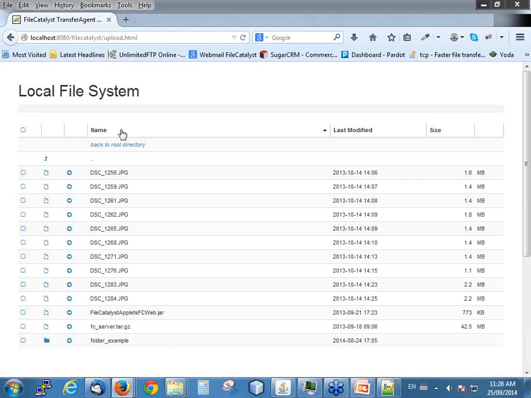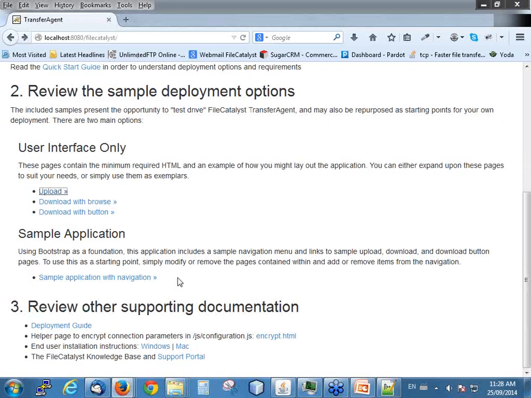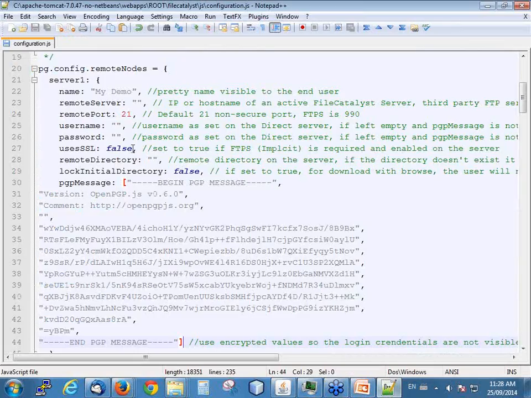Okay. So another way to secure your uploads or your transfers is by not pre-populating the username and password on your upload page, but literally just prompting the user for their username and password. That's the most secure way, because then there's no password anywhere going through. The user is prompted for it, and they have to enter it. So to make this behavior work in TransferAgent, here's what you will have to do. You will have to go back to your